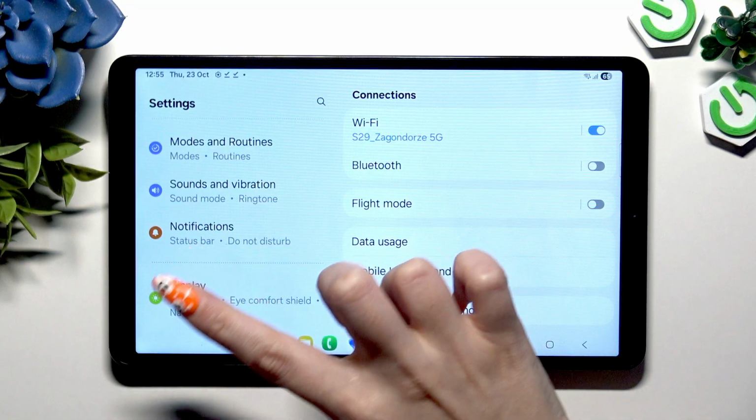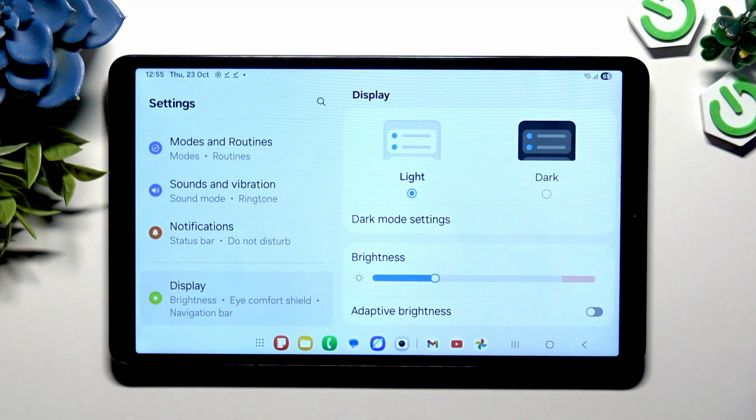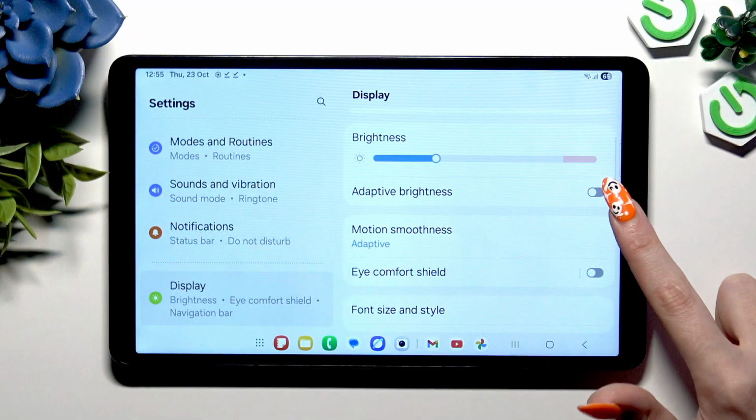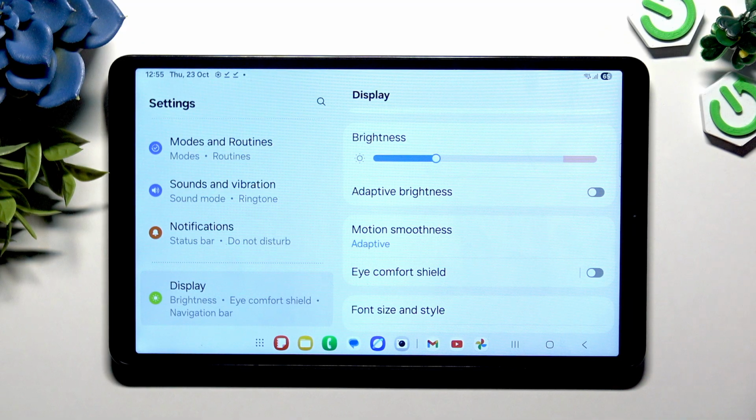Over here. Now you need to manage this switcher next to adaptive brightness right under brightness slider to either turn it on